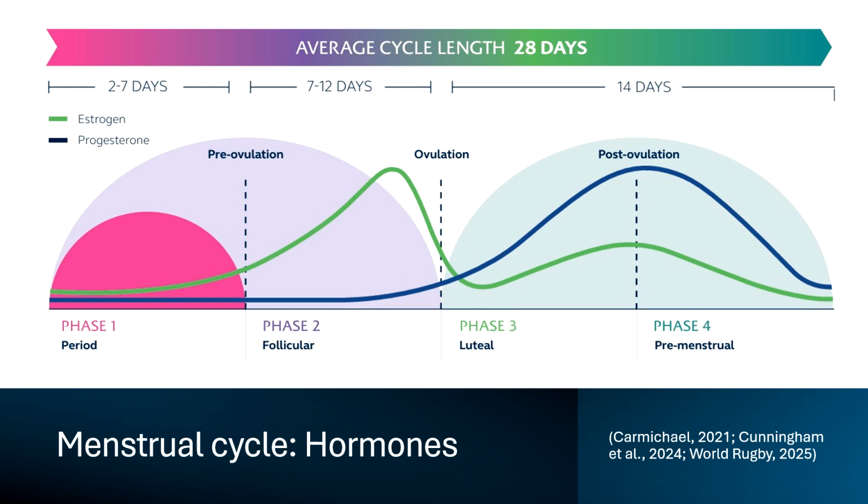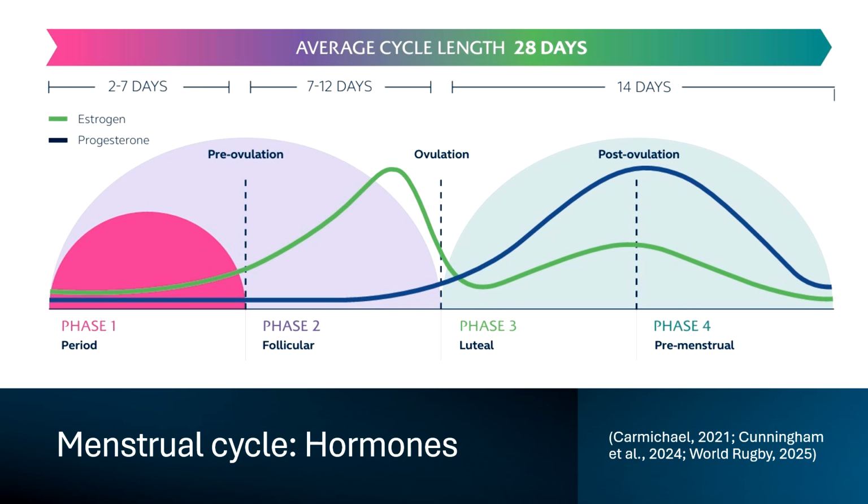There are other hormones that change as well throughout the cycle, but estrogen and progesterone are the ones that most people know about. But it is these changes over the cycle that cause the symptoms that we'll be talking about today. We break up the cycle into general phases of the period: the follicular phase, ovulation, luteal phase, and